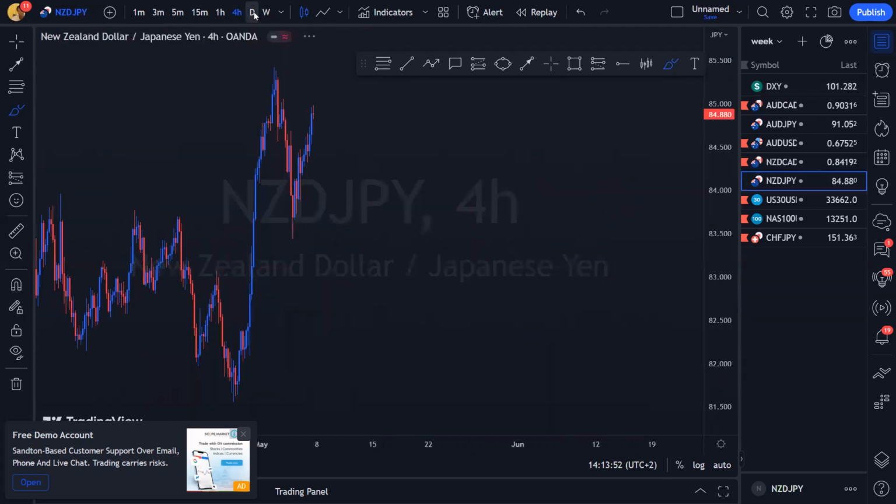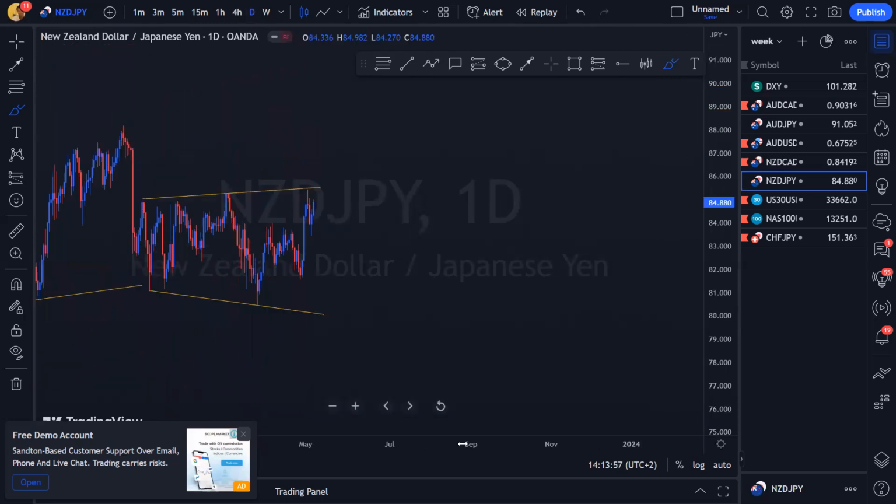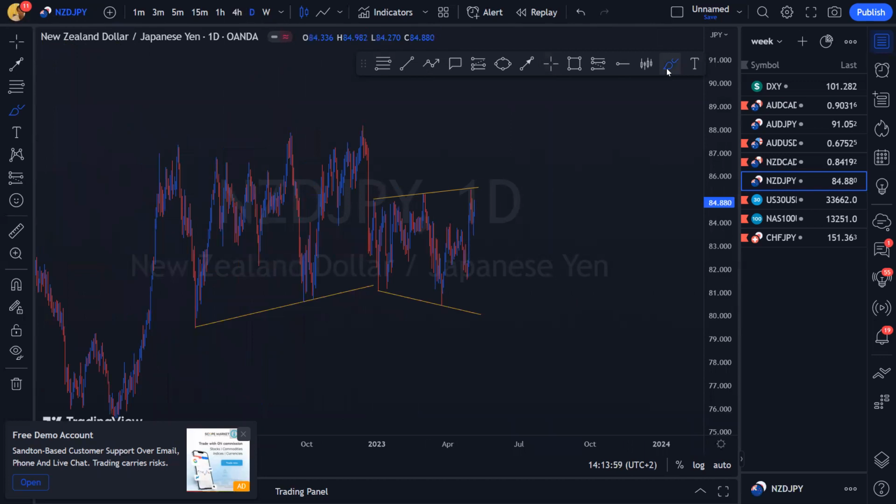NZDJPY, I'm just going to explain to you guys on a daily, not even drop down to the 4-hour, why I'm not trading this pair. Still, we're stuck inside higher time frame chop. And the more we chop, the more difficult it is to isolate these structures. We're at resistance right now, so obviously it makes sense to be a seller rather than to be a buyer. But I'm still not comfortable given what's going on inside of here to be trading NZDJPY. So I'm going to stay out of New Zealand dollar yen for next week.